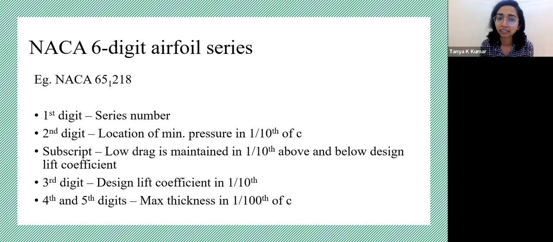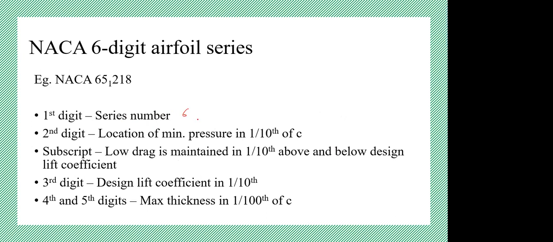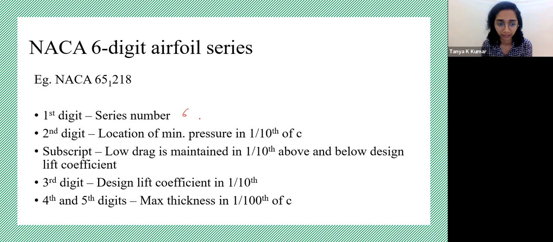Next, we have the 6-digit airfoil series. So here the first digit just represents a series number. So in this case, it's just 6. The second digit represents the location of minimum pressure in 1/10 of C. Okay. So that will be